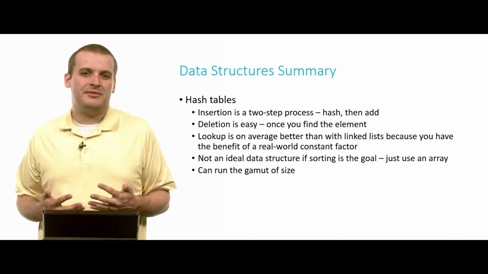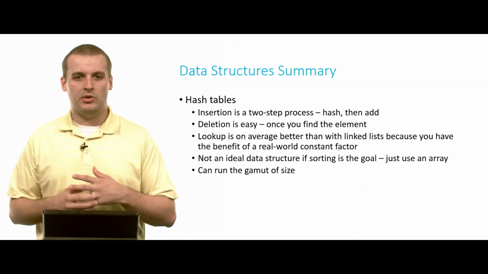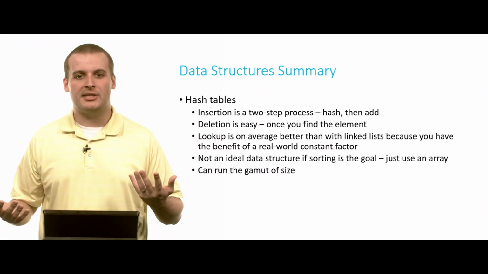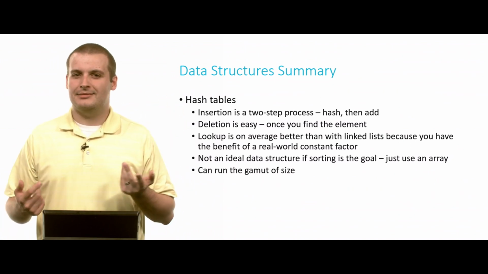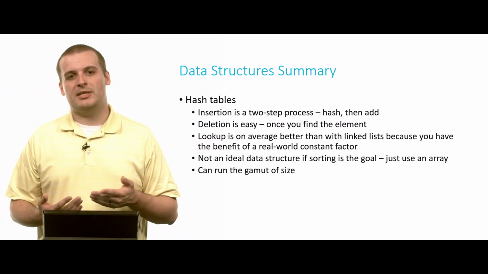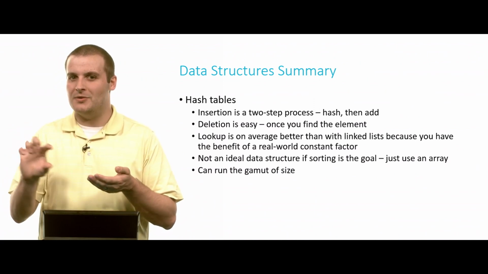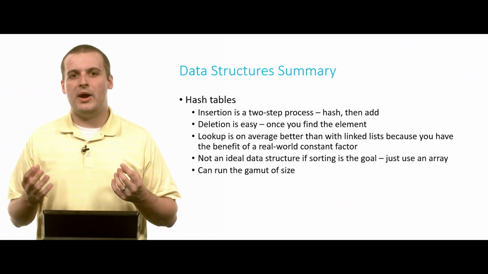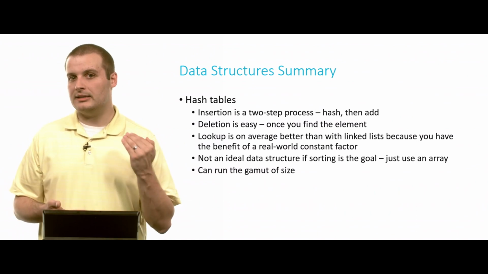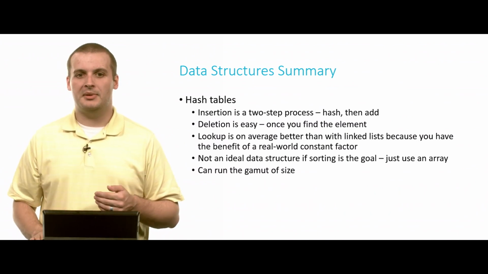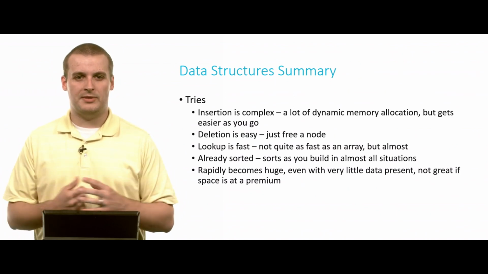And they can sort of run the gamut of size. It's hard to say whether a hash table is small or big because it really depends on how large your hash table is. If you're only going to be storing 5 elements in your hash table, and you have a hash table with 10,000 elements in it, you're probably wasting a lot of space. Contrast being, you can also have very compact hash tables, but the smaller your hash table gets, the longer each of those linked lists gets. And so there's really no way to define exactly the size of a hash table, but it's probably safe to say it's generally going to be bigger than a linked list of storing the same data, but smaller than a trie. And tries is sort of the fourth of these structures that we've been talking about.